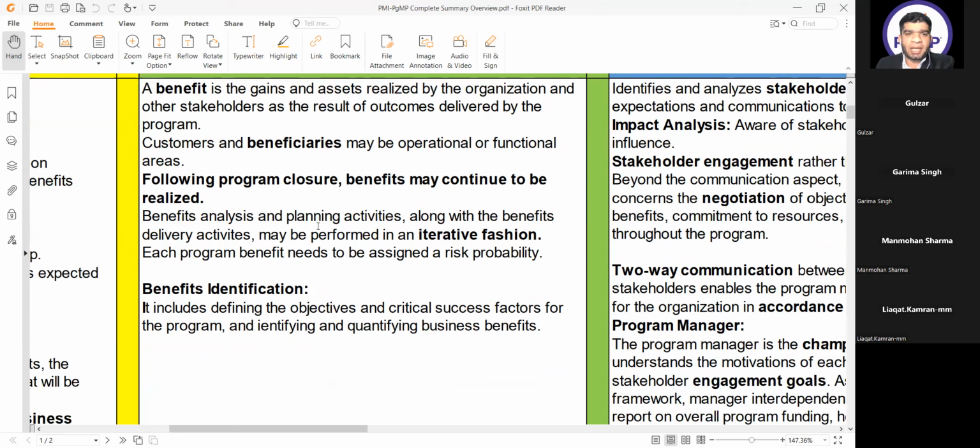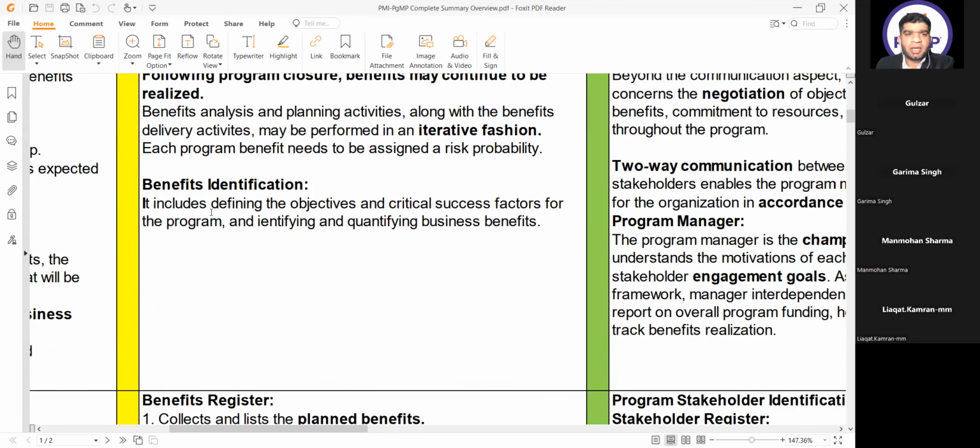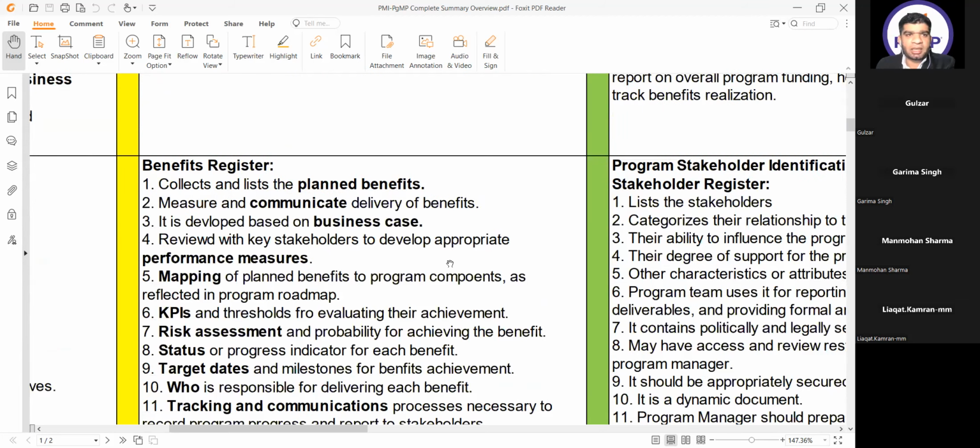Benefit analysis and planning activities along with the benefits delivery activities may be performed in an iterative fashion. Each program benefit needs to be assigned a risk probability. Benefits identification includes defining the objectives and critical success factors for the program and identifying and quantifying business needs. Then the output of this is the benefit register. In the benefits register,